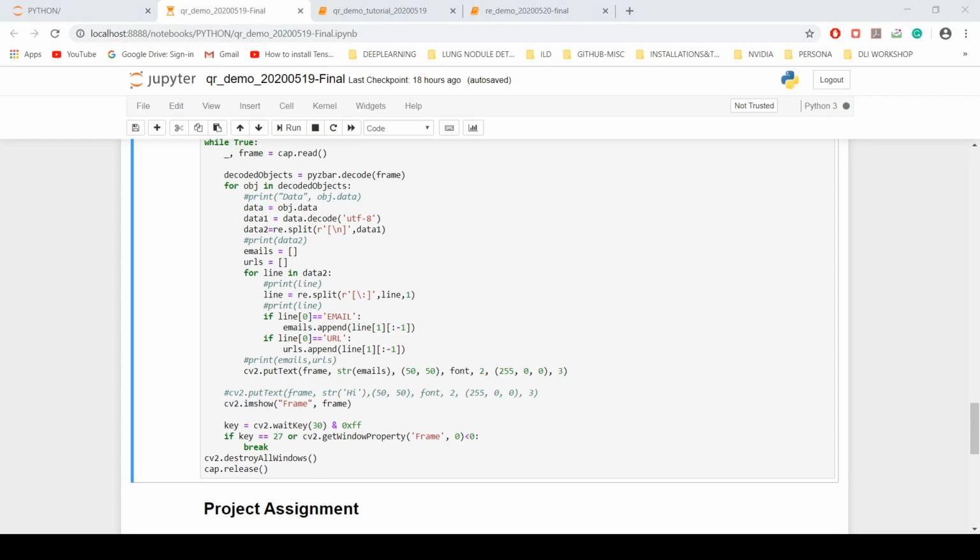So here we are. Even though I tilt it a little bit, its position, its relative angle, its scale, everything is changing, but still you can see that this small piece of code is able to extract the information, right?